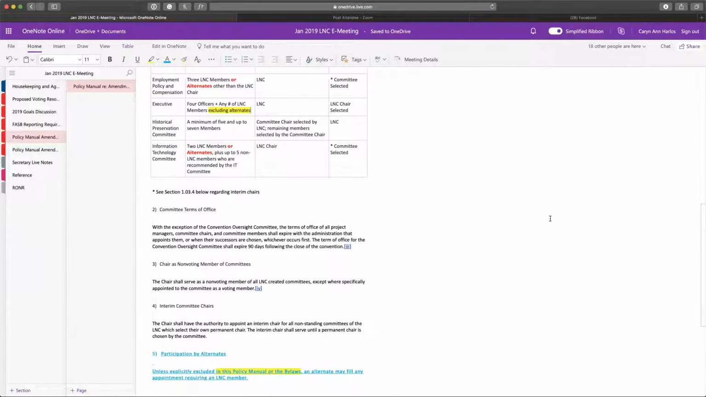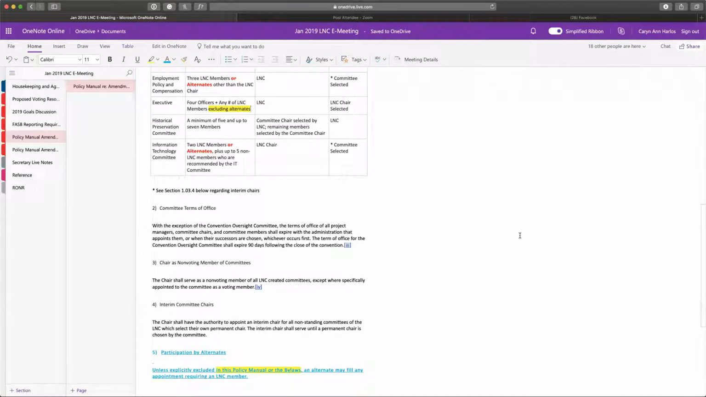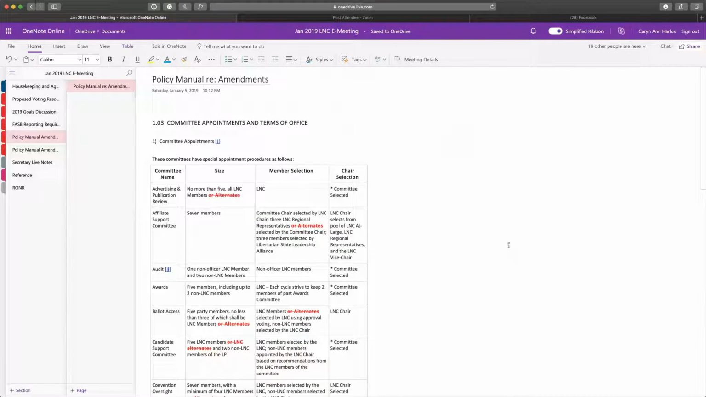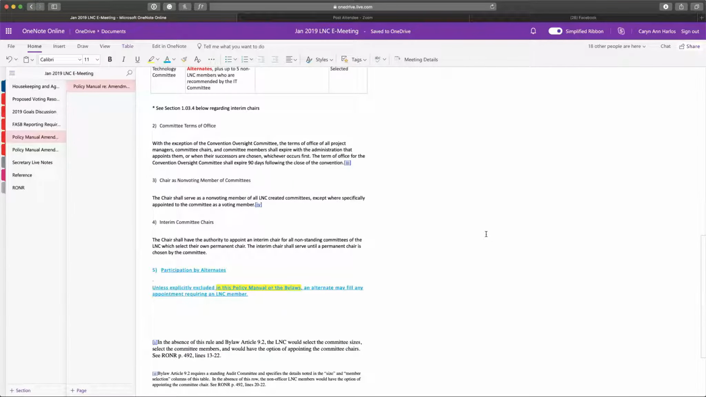That, I think, answers Mr. Bishop Henchman's question. Ms. Harlos. I don't think it's broader than we've been interpreting it. We have been including alternates and everything. This is reflecting our practice, and I don't think it means everywhere in the policy manual. This is specifically under section 1.03, committee appointments in terms of office. Just like any of these other subsections. I would have no objection to changing the title to committee participation by alternates to make it clear that it's